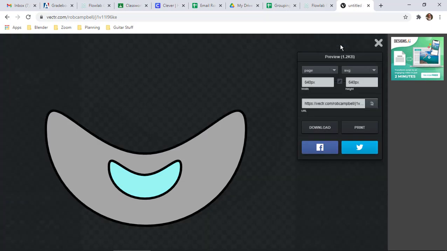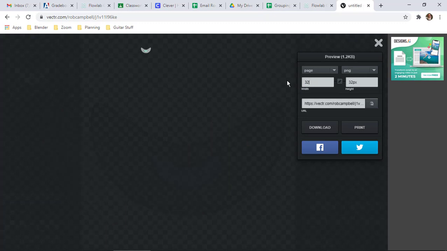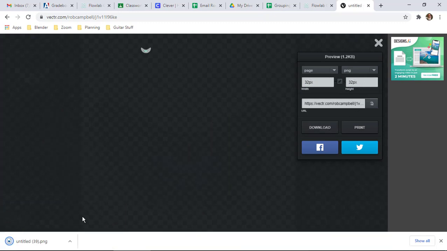And I use export. This is now going to export from this vector format, which is made by mathematical curves, shapes, strokes, and fills. The stroke is the line and the fill is the color inside. If I export this to a PNG, that is a bitmap format. So even if I shrink it down to 32 and download it, when I import this into my FlowLab game